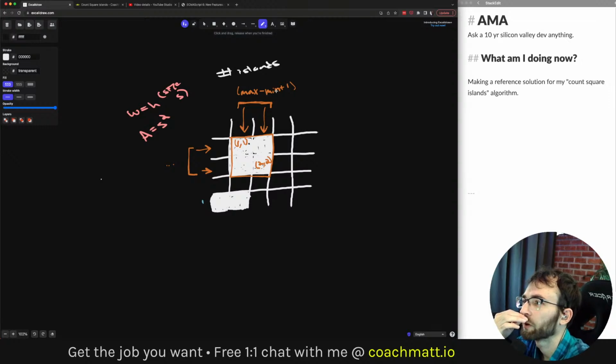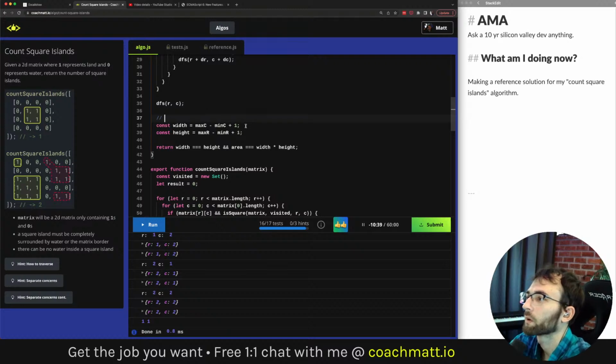If the maximum column and minimum column were equal, then it's already a width of 1.